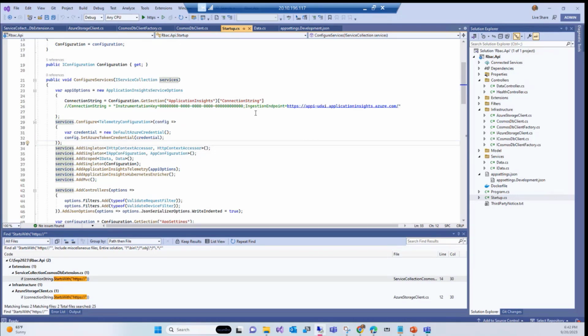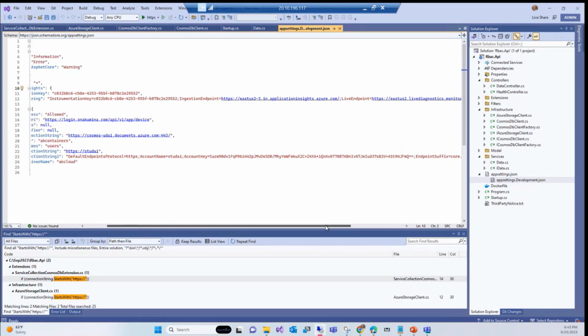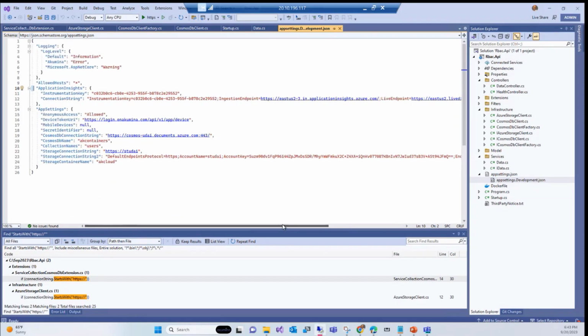App Insights comes with a full connection string. They are not removing that, because the connection string defined in App Insights has a very generic endpoint, which is in.applicationinsights.azure.com. How will it identify that it's going to go to your App Insights versus my App Insights?